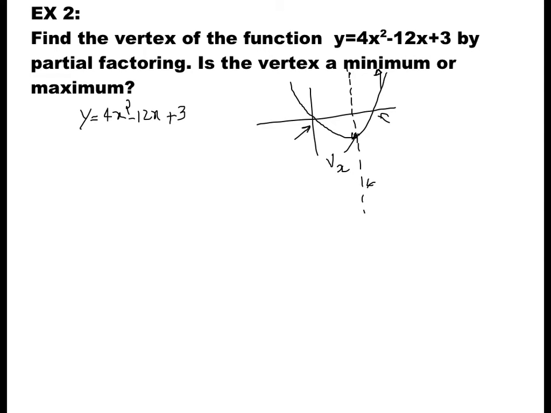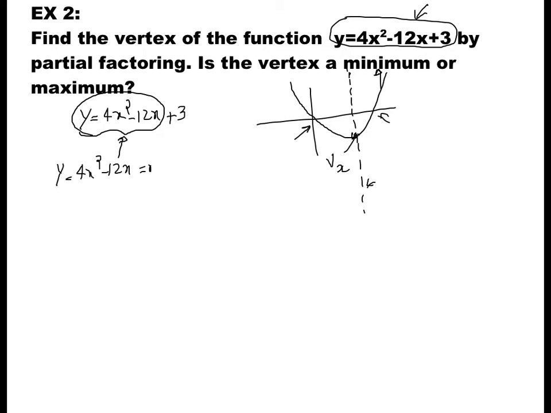So if I find the x-coordinate of this quadratic, it is going to be exactly the same as the x-coordinate of this quadratic. Now the good news is that finding the x-coordinate of this simple quadratic is much easier than the original quadratic. So I'm going to say y equal 4x squared minus 12x is equal to 0 to find